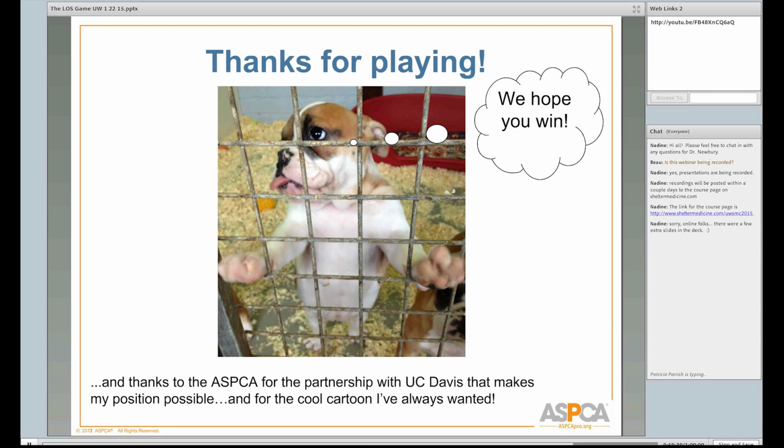So the reason this slide set is on my ASPCA template is because this slide set comes from a set of about 4 or 5 presentations that I did for the ASPCA. So if you're interested in this information, go to ASPCA Pro and look, because we've got about 4 or 5 presentations there that go into all the details of how to calculate capacity and how to reduce length of stay.